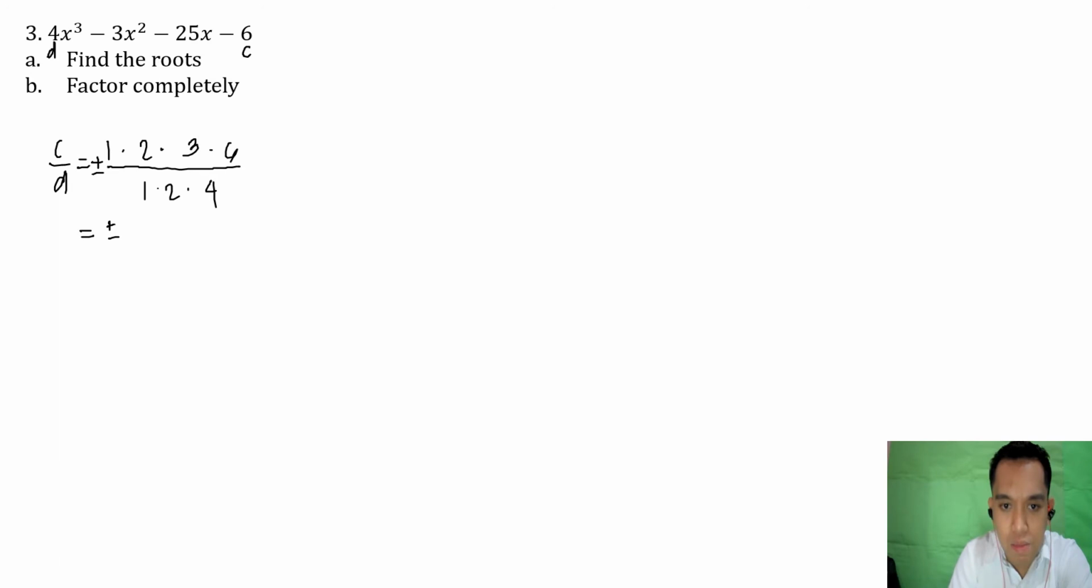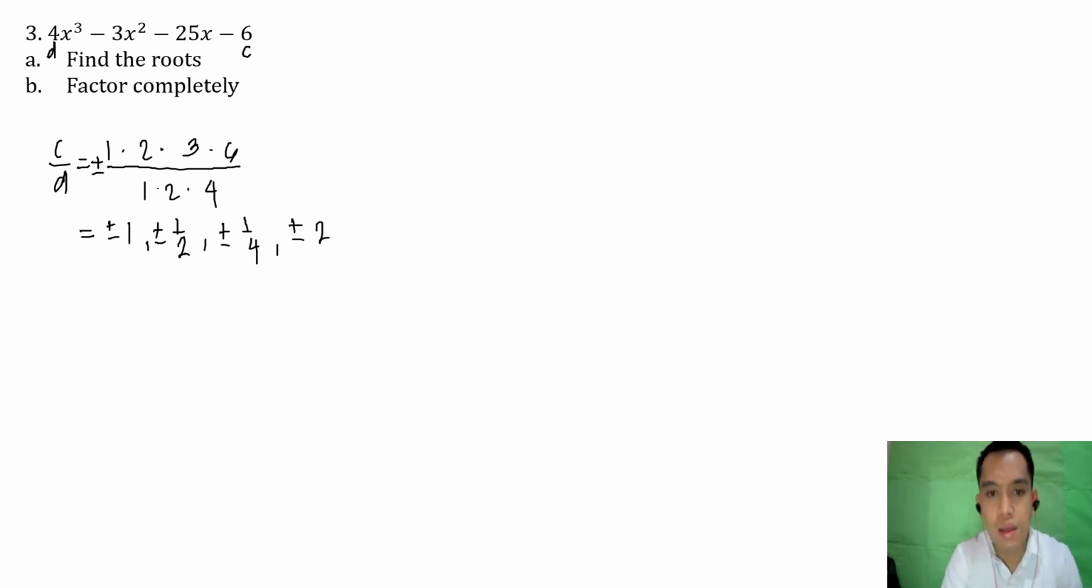Then to find the possible roots, 1 divided by 1, 1. 1 divided by 2 is positive, negative 1 half. Then 1 divided by 4 is a positive, negative 1 fourth. Then next is yung 2 naman. 2 divided by 1 is positive, negative 2. Then 2 divided by 2 is 1. So since meron na tayong 1 dito, wag na nang isulat yun. So proceed now to